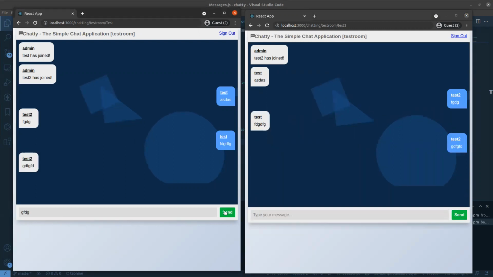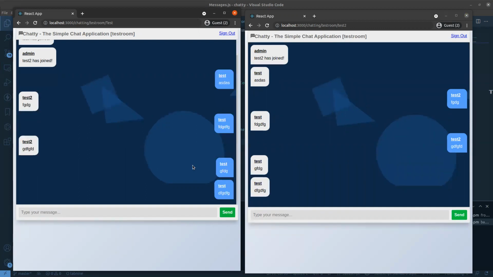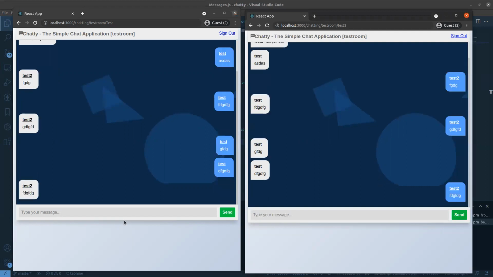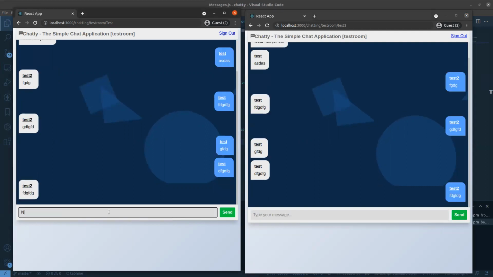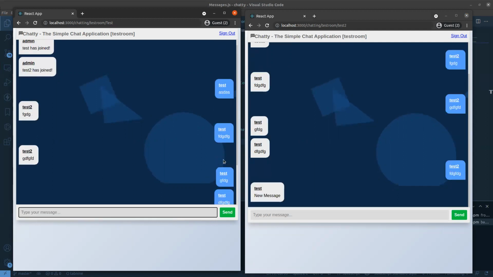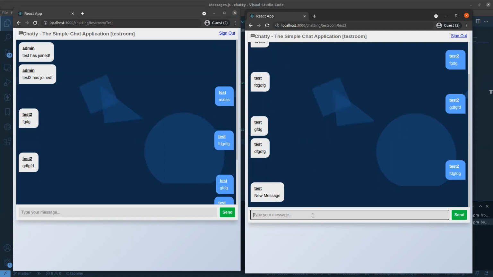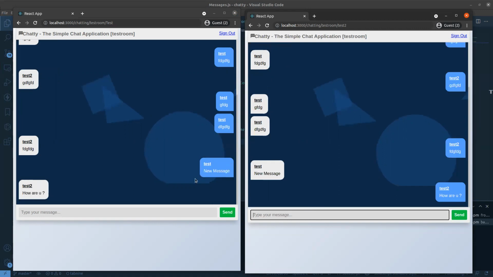So you can see when a new message came, the chat is automatically going down. See, this is down there. So this is the thing.